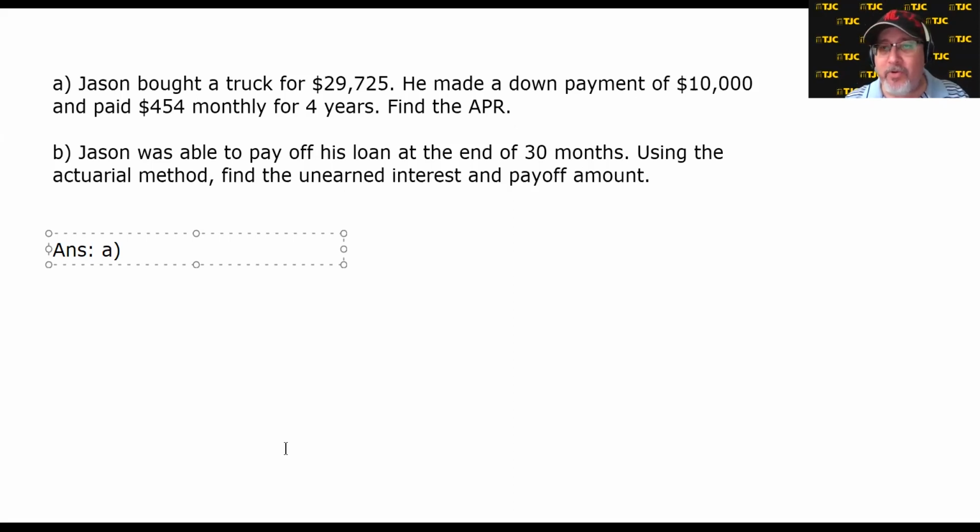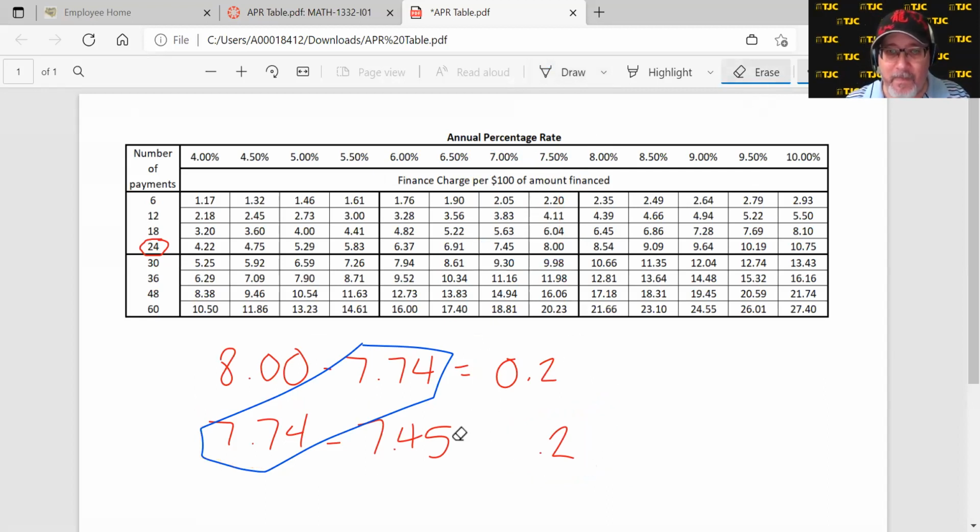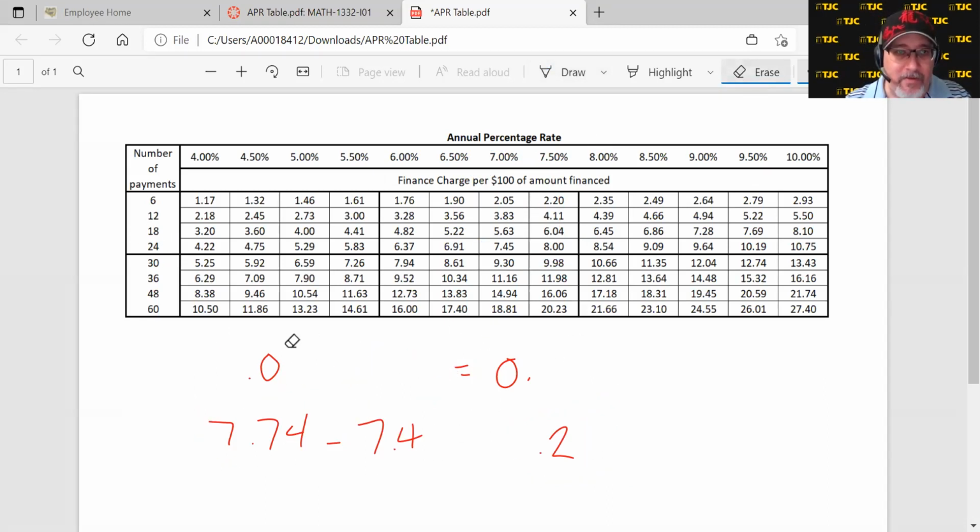Where's the APR table? Here it is, still marked up from the previous video. So give me a second to erase all these markings. There we go. All right, so recall that for the APR table, to look up the number at the top, we need to